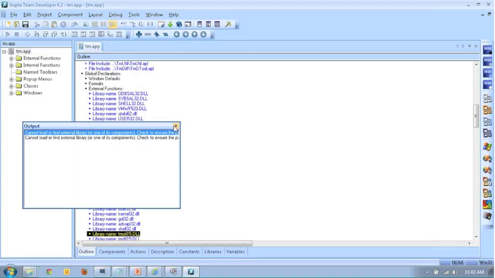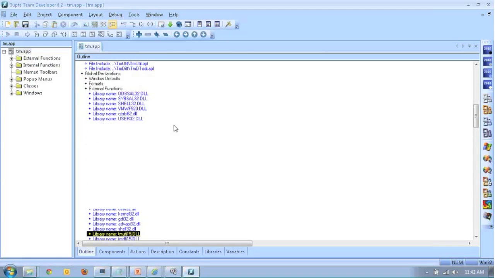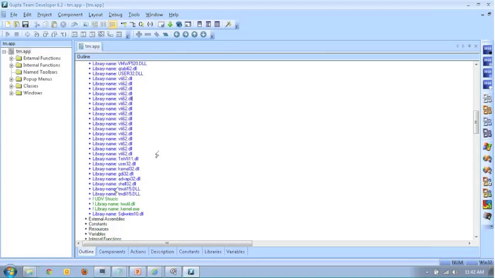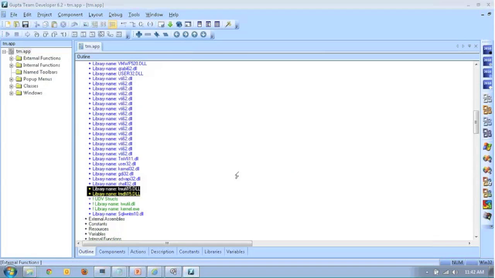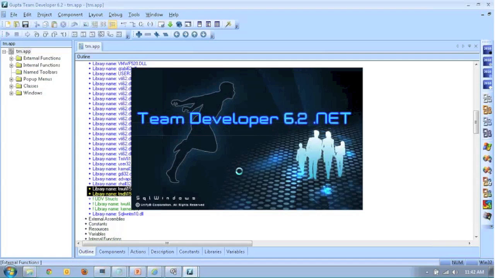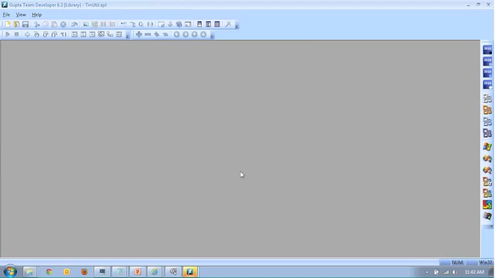Okay, so we see some of the issues. Some of them are not converted, so we have to make sure that we change them with